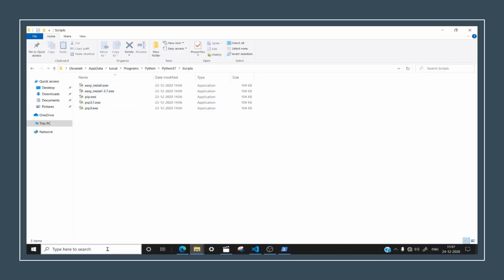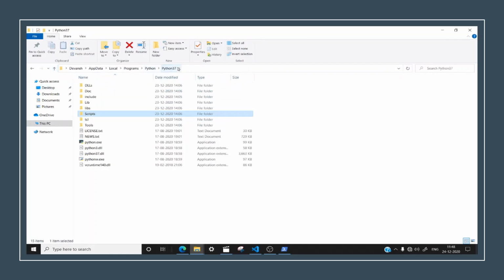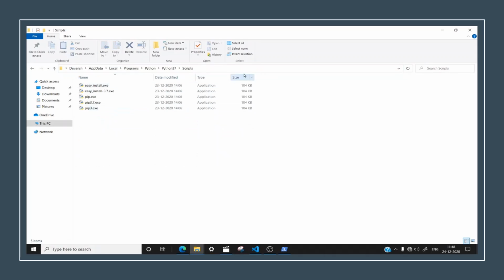Now what you need to do is just click here. From wherever this directory path is, you can see that this whole folder is at this place. If you go back one level, you will see that Scripts is removed. So this is the directory path. You need this. Let me show you where and how.